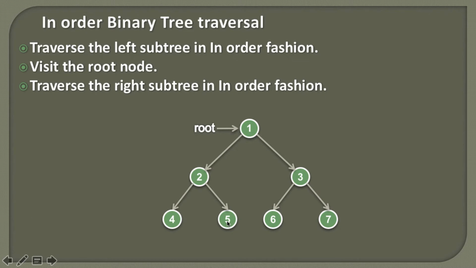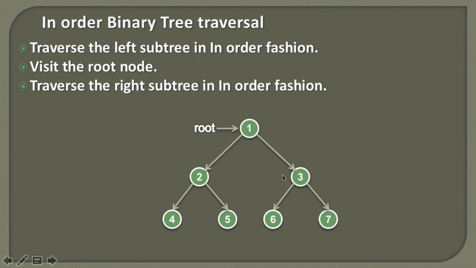Here you can see node 5 has no left subtree, therefore we are done with the processing of the left subtree. So then we process the node 5, and after we process the node 5 we go to its right subtree, and we know that node 5 has no right subtree, therefore we are done with the processing of the node 5. So friends, after the node 5 is processed, the call returns back to the node 1, and from the node 1's perspective we have completely traversed the left subtree now. So now is the chance to visit the node 1. We visit the node 1, and then we go to its right subtree.